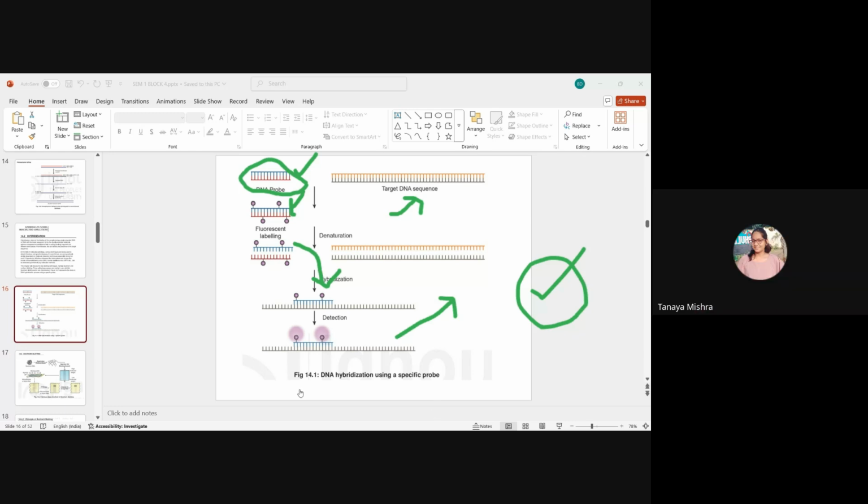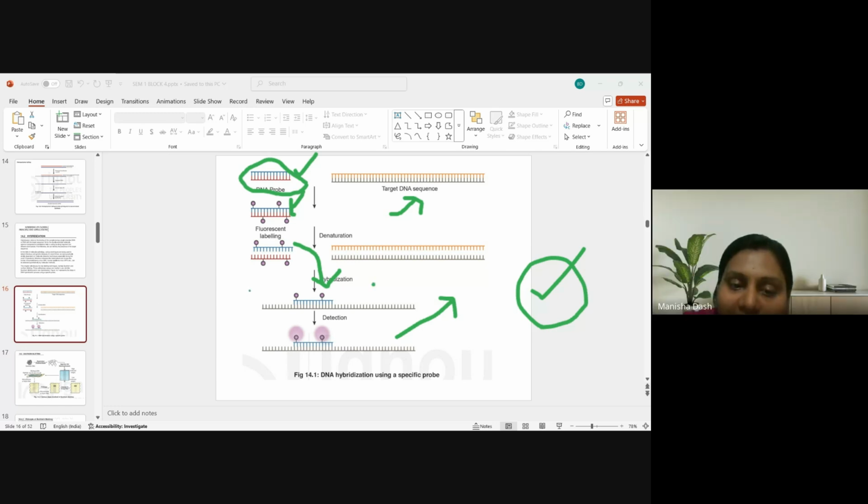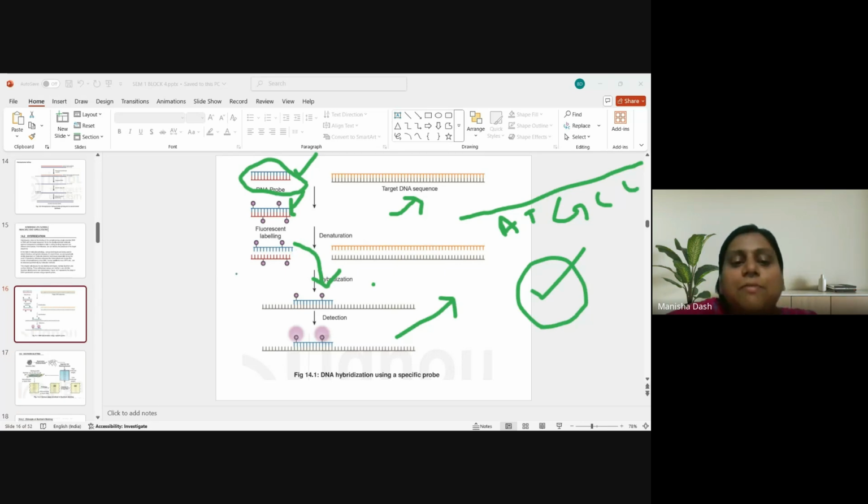Ma'am, is it possible for the probe to bind to any other segment of DNA or any virus DNA? Yes, sometimes it might happen, which we call non-specific binding, but that is very rare, because let me tell you a very interesting thing. If you look into a segment of DNA, DNA is made up of sequences like A, T, G, C, and so on. If you look into this pair AT,